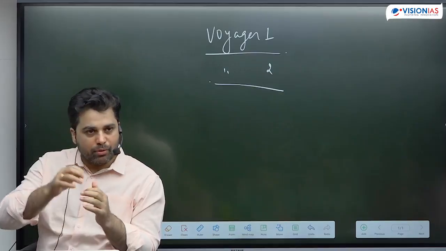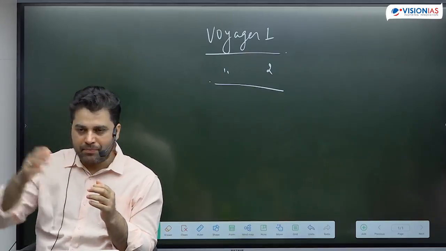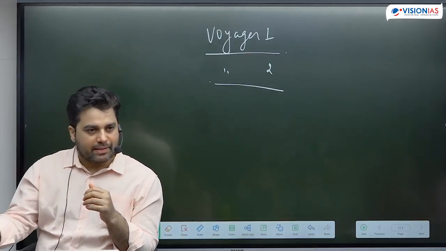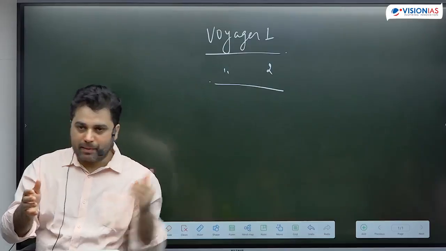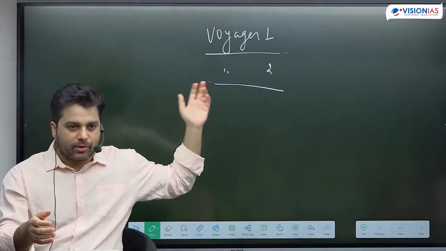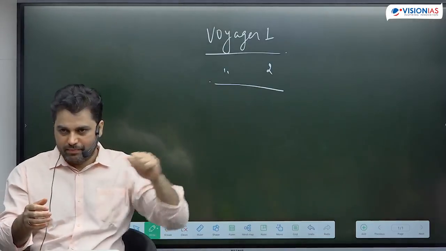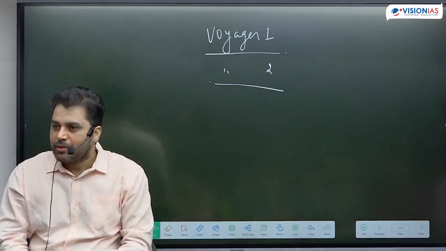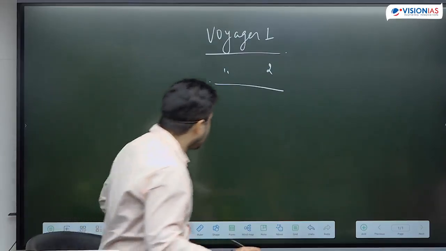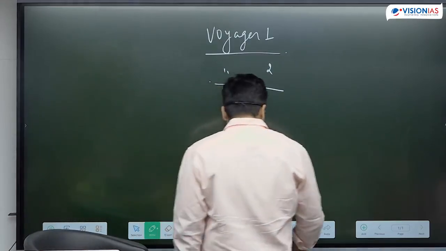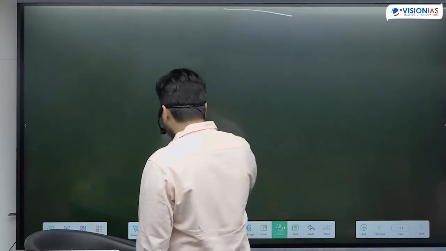And in fact, the farther you go from the sun, the reliability only decreases. And if you're not part of the solar system, which by the way is what Voyager 1 and Voyager 2 are, then solar energy is not even a source of energy. In that case, you come to a technology which is called radioisotope thermoelectric generator. So the first application of nuclear technology in space, write it down.